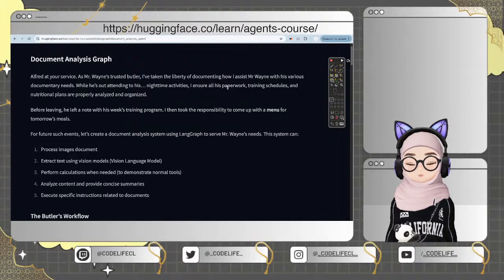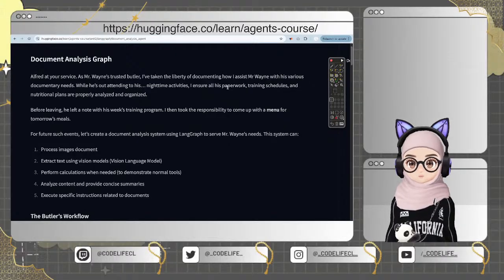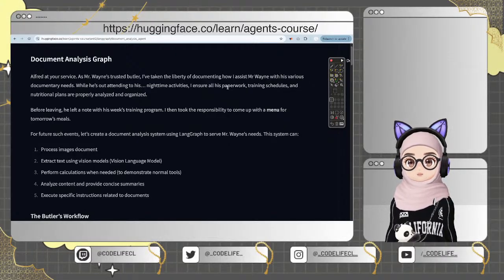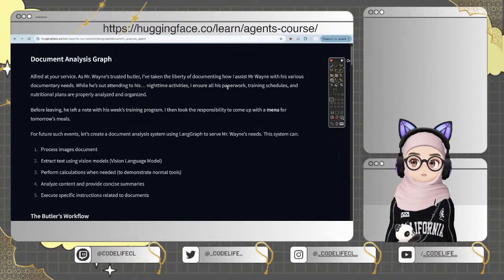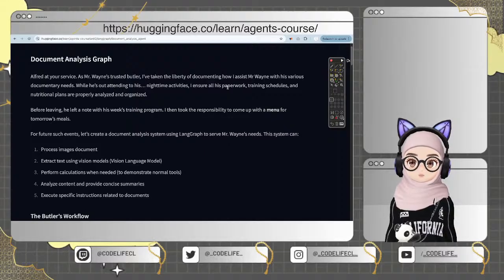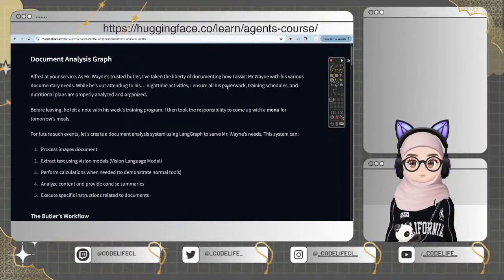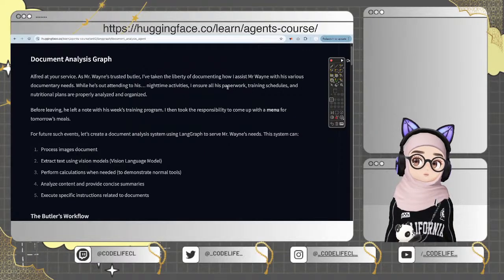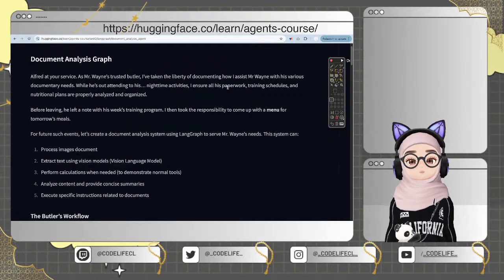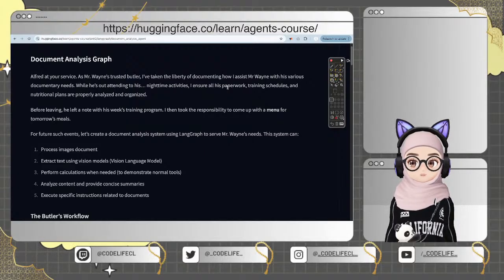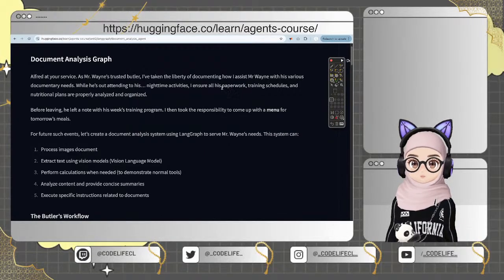Oh, like OCR documents. Using LangGraph to serve Mr. Wayne's needs. The system can process images and documents, extract text using vision language models, perform calculations when needed to demonstrate normal tools, analyze content and provide concise summaries, and execute specific instructions related to documents. Cool. And now we go down